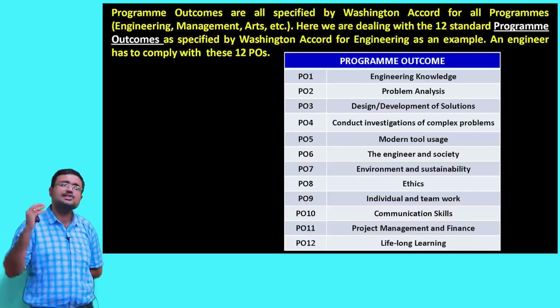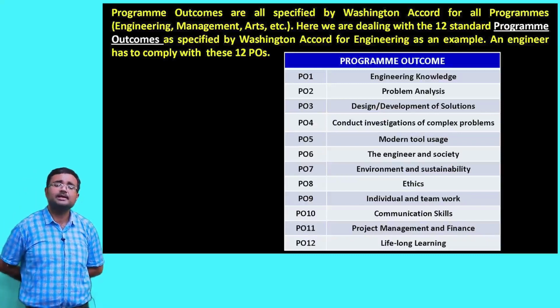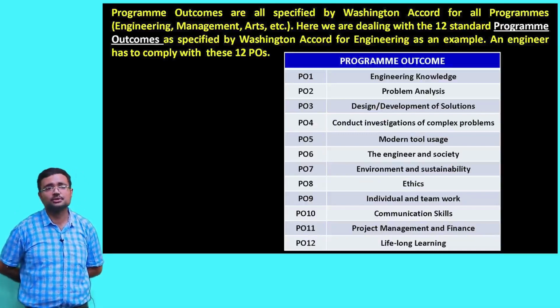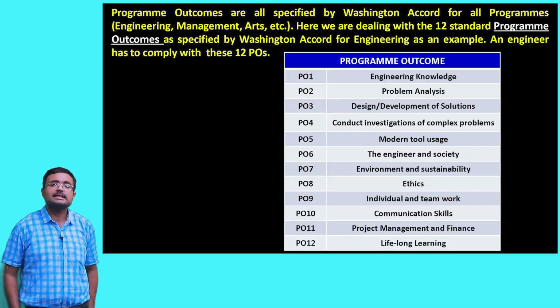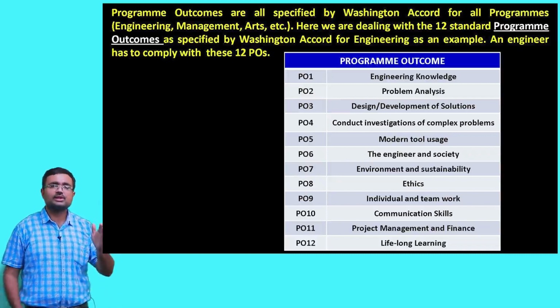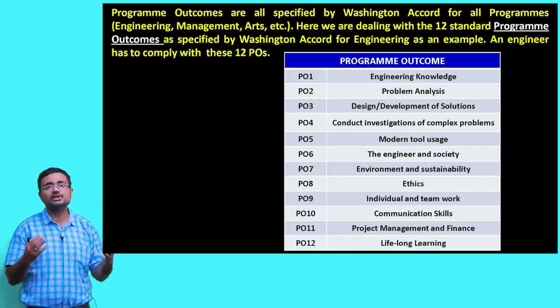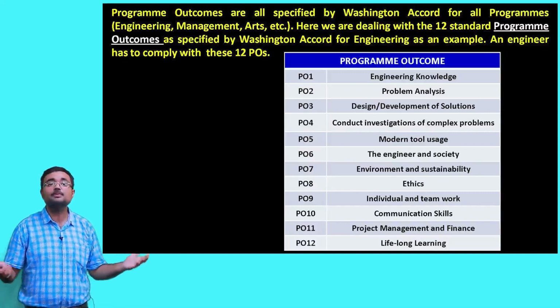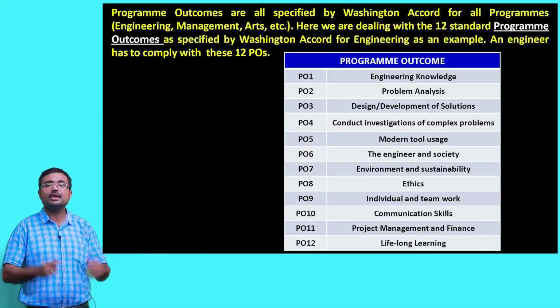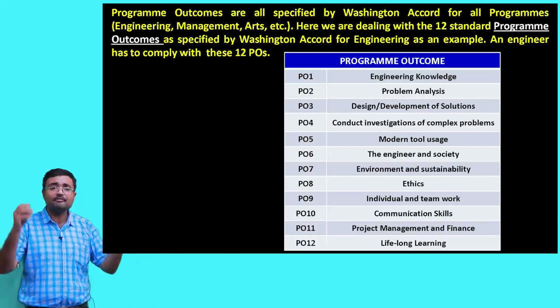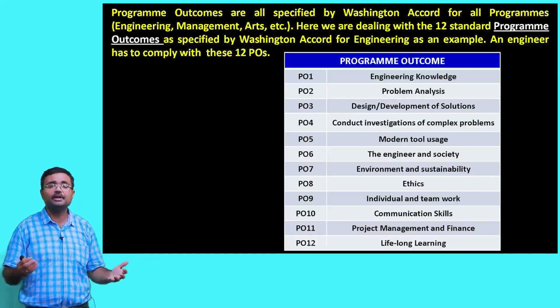Now, this is for the CO. The course attainment, it is understood. Now, next is program outcomes. Like every course, like antenna theory, has got outcomes, every program, like engineering is a program, management is a program, science and humanities a program, law is a program, every program will have its own outcomes decided.